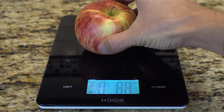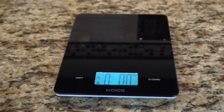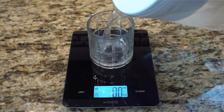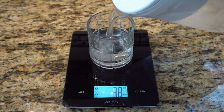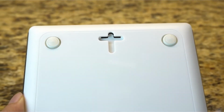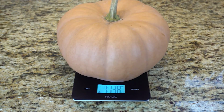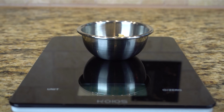When it comes to measuring your food, you need a kitchen scale that is reliable. And the Corning's kitchen scale is instituted. Durable, accurate, and easy to use. This scale uses high precision force fluid sensors to accurately weigh and quantify your food up to 11 pounds, cooking, baking, dieting,